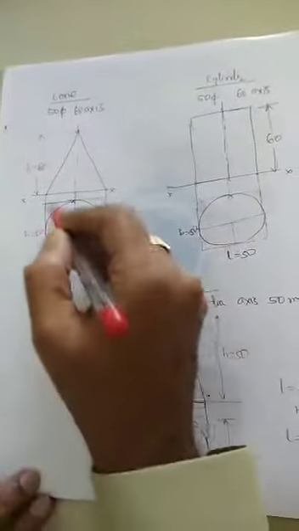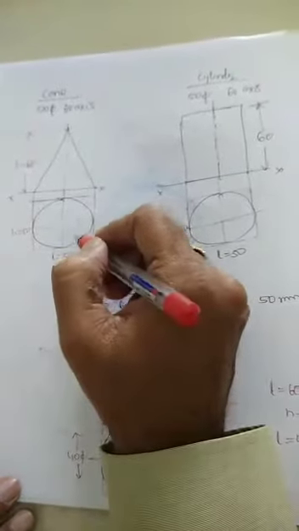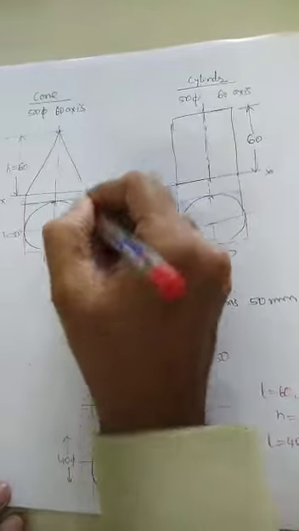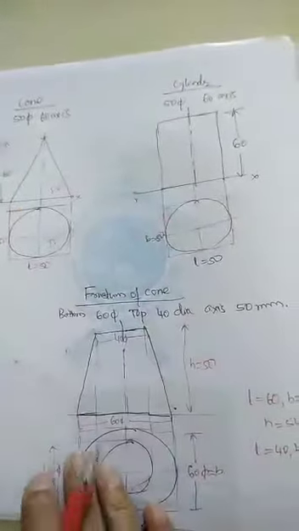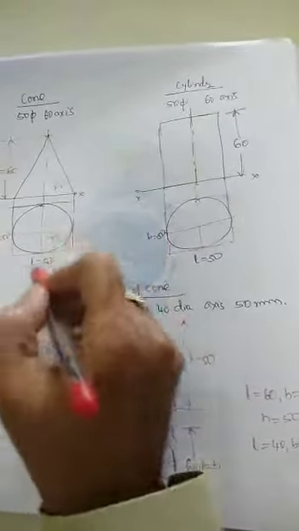Let us do the isometric projection of a cone, cylinder and the frustum of a cone here. For the cone, you know that in the top view you get a circle, and in the front view you are going to get a triangle. So this is an orthographic projection. This is the top view, and this will be the front view of that. So in the top view you are going to get a circle.